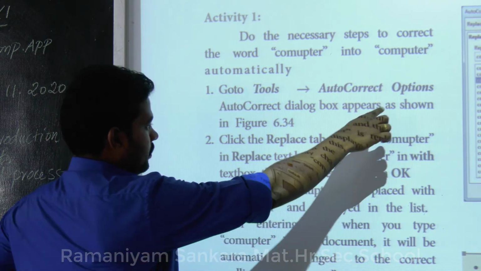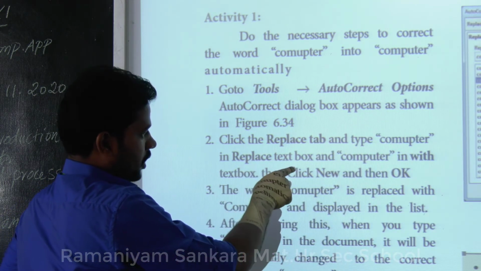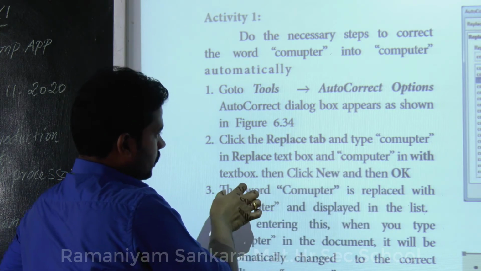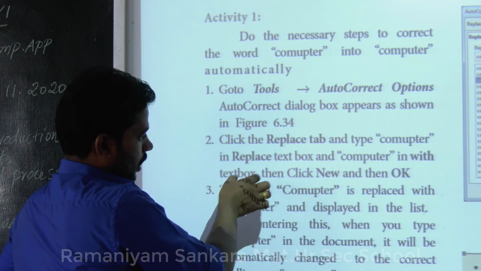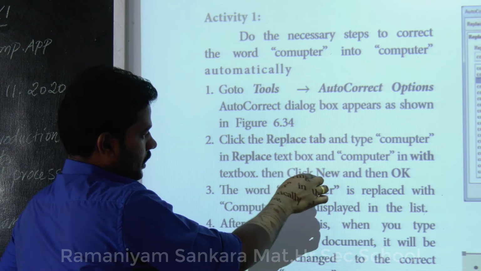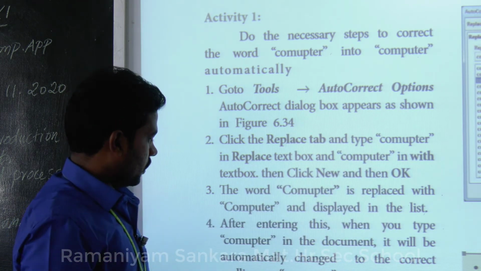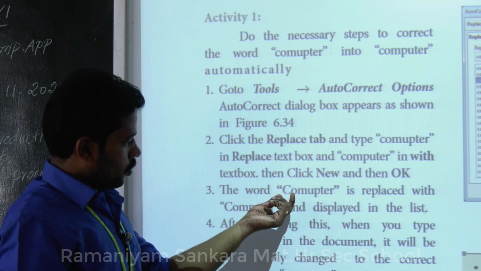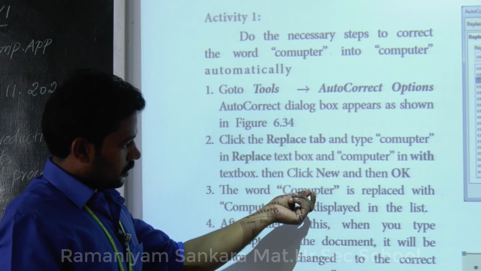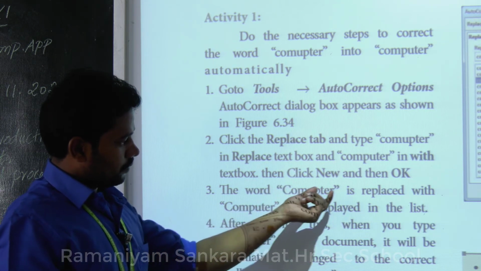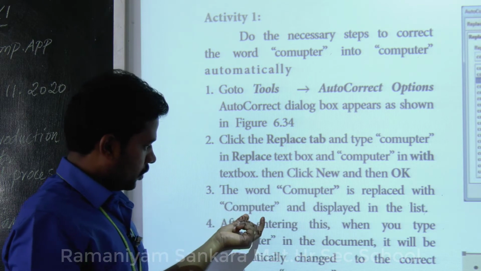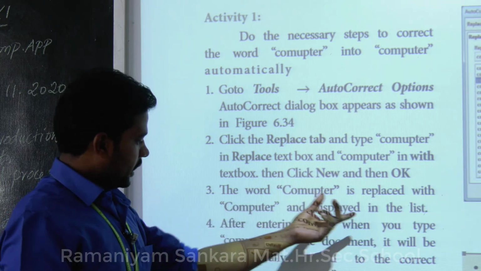After typing this, click New and then click on the OK button. The misspelled word COMUPTER will be replaced with the correct word computer, and displayed in the list.